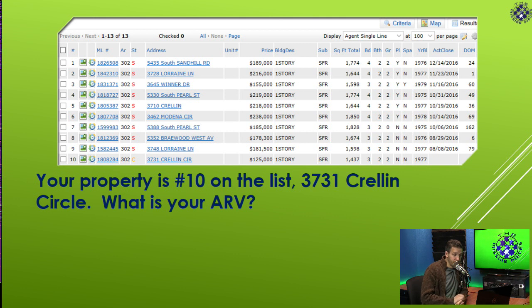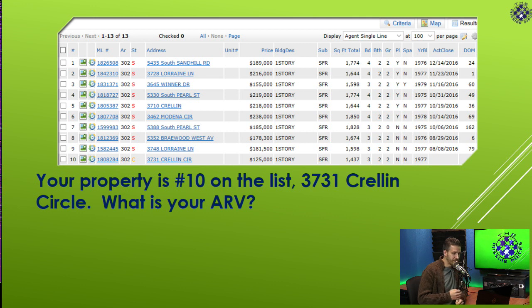So this one, you're going to run across this where the numbers are all over the place. Where do I go? You still want to find the apple, the most similar property. And in this case, the most similar property really is sale number 9, that oldest sale. It doesn't have a pool, same age built. It's about 150 square feet larger, and it sold at $181,000. Now that 150 square feet larger adds more value. We know that people pay more for bigger houses. It's the way the world works.